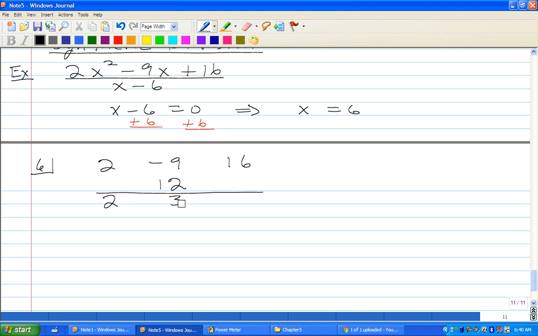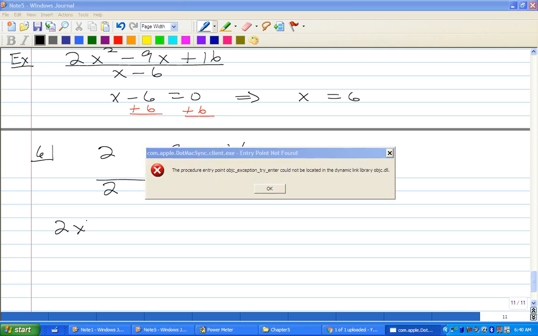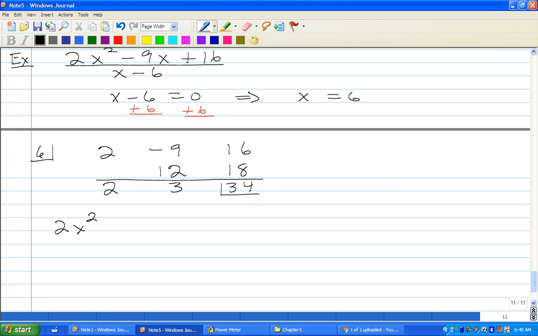Let's take this result, 3, multiply it by 6, 18, and let's add. 18 plus 16, 34. And now I'm done. So that was synthetic division. Let's write the result. So I have that 2x squared minus 9x plus 16 over x minus 6 is, well,